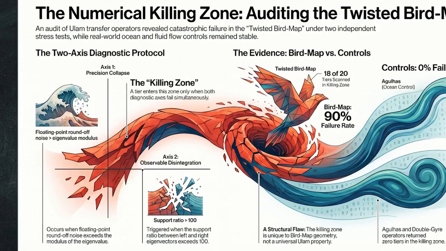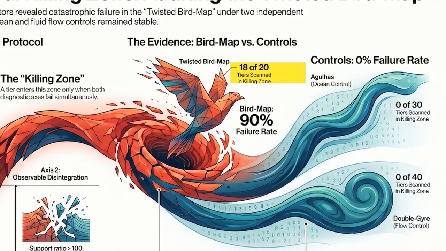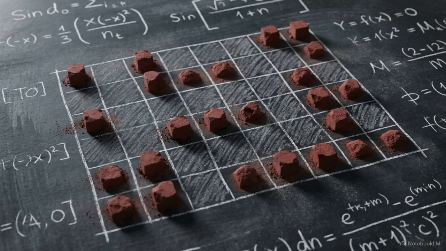This diagram illustrates the protocol. Tiers enter the killing zone when both axes fail. On the bird map, 18 of 20 subdominant tiers fail completely. Even Tier 1 exhibits catastrophic collapse. Its left eigenvector spreads across 14,746 cells, while the right collapses to 1. On this exact grid discretization, the Ulam method suffers a 90% failure rate, destroying any physically meaningful coherent structures in